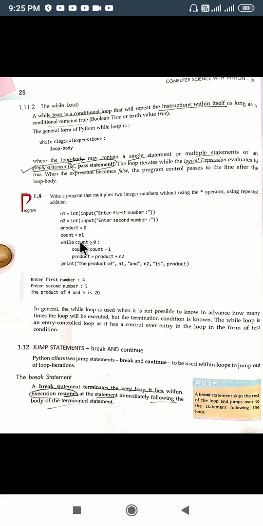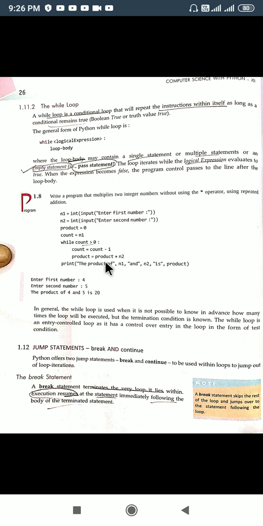Count was n1. Let us say the user has taken the first number as 4, second number as 5. So what we need to do, we are adding n2 4 times. We will add 5 4 times, that will make it 20. Either we multiply 4 into 5, that will give you 20, or we add 5 4 times, that will also give 20.